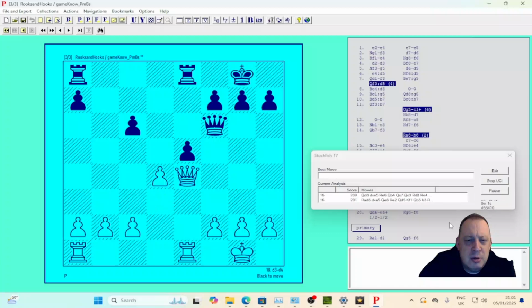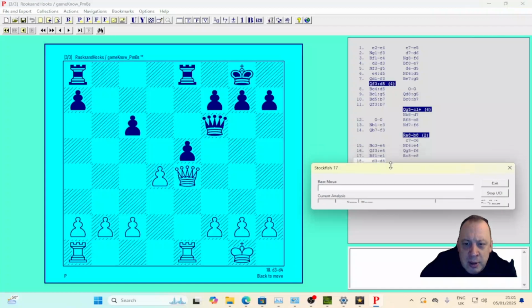d4. So if there was to take, we'd have the mate with queen takes rook, rook takes queen, and then rook takes rook with the mate. So if I just do this now, it's mating 2, so it actually comes up. Fantastic. So d4,